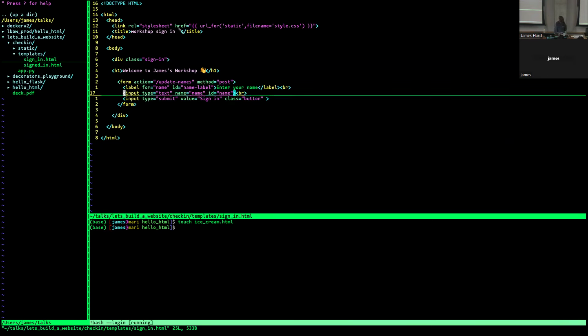But a form is made up of labels and inputs. A label is literally a piece of text on the form input. So this one will have a label that says enter your name. And then the input is the box that you'll put stuff in. I'll come back to this example a little later when we're ready to talk about a couple other things. But then you also have a submit button on the form. And if I load this up,